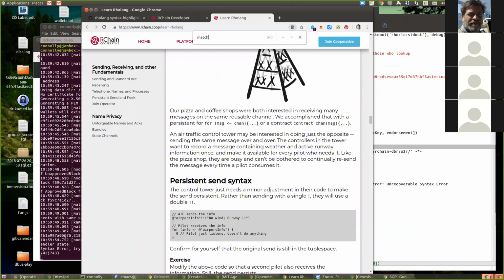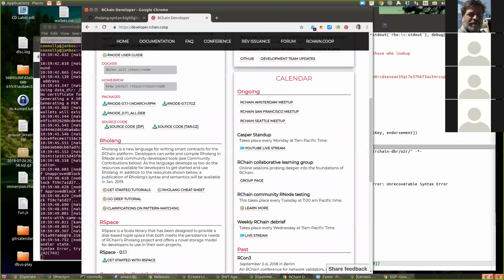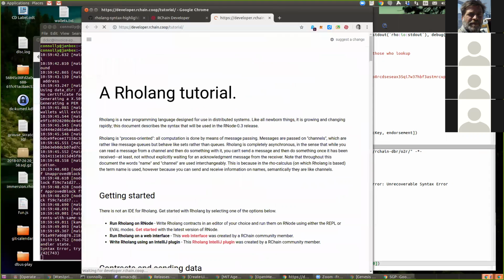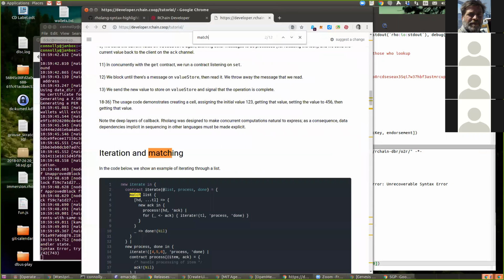Oh, this thing doesn't have match syntax? I think you might have to go to Mike Stay's or the Core Devs tutorial to learn how to match. Excuse me.